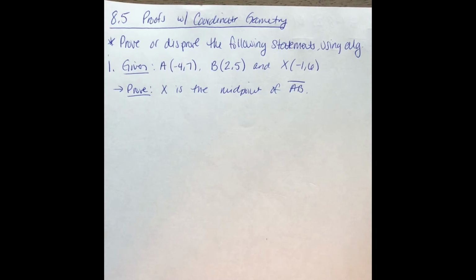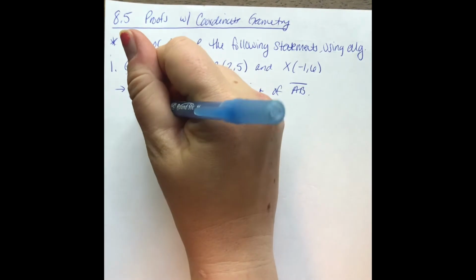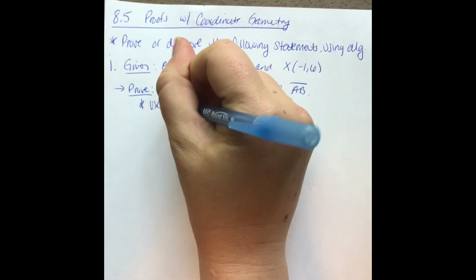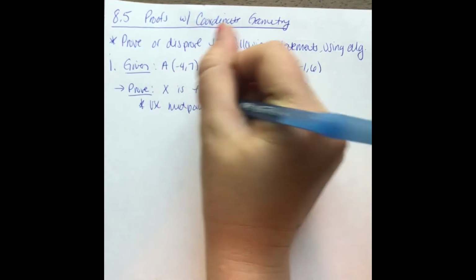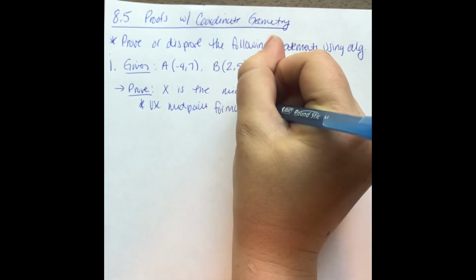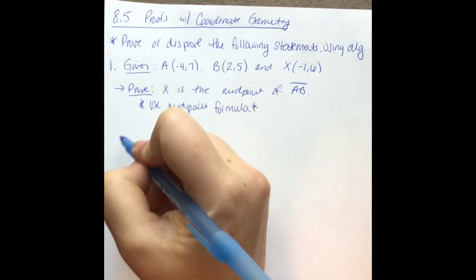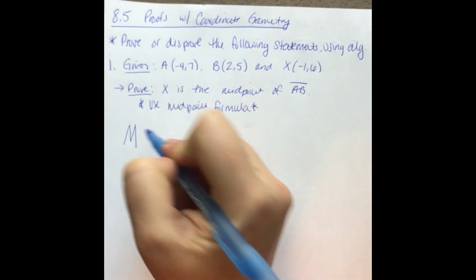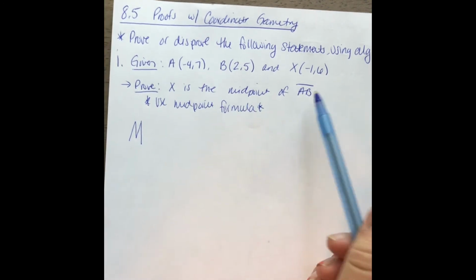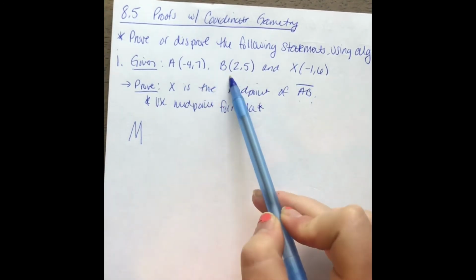findings. So if I'm given the points A is (-4, 7), B is (2, 5), and X is (-1, 6), we have to prove or disprove that X is the midpoint of AB. Since we're proving that it is the midpoint, we are going to use the midpoint formula. Awesome. Based on that, the midpoint formula, and since we're proving X is the midpoint of segment AB, we're going to use points A and B for